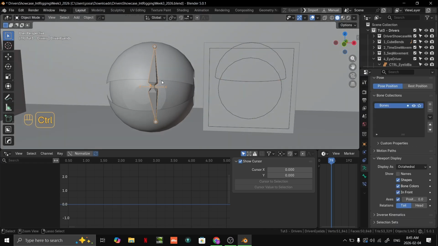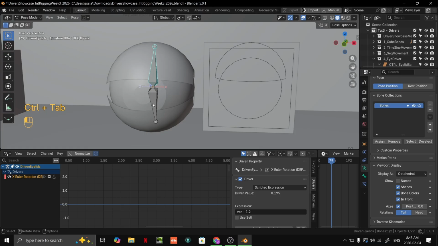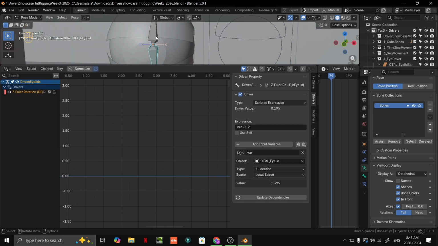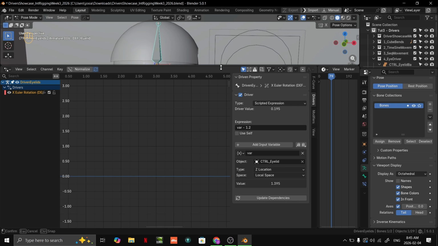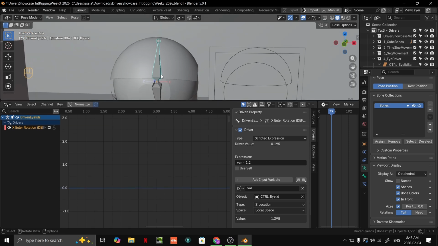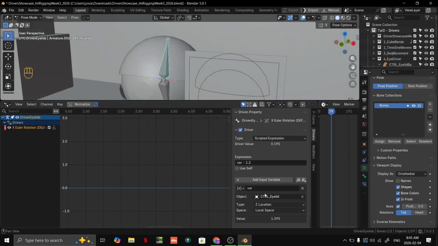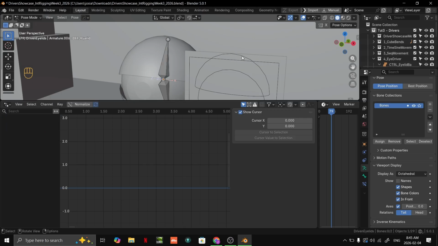And so if I control tab into pose mode, if I click on either one of those, you can see in the driver tab that we see this Euler rotation up here for each of them. And so what I set for each of them is this one, this top bone, will, based on, you can see here, the Z location of control eyelid, which is this right here,